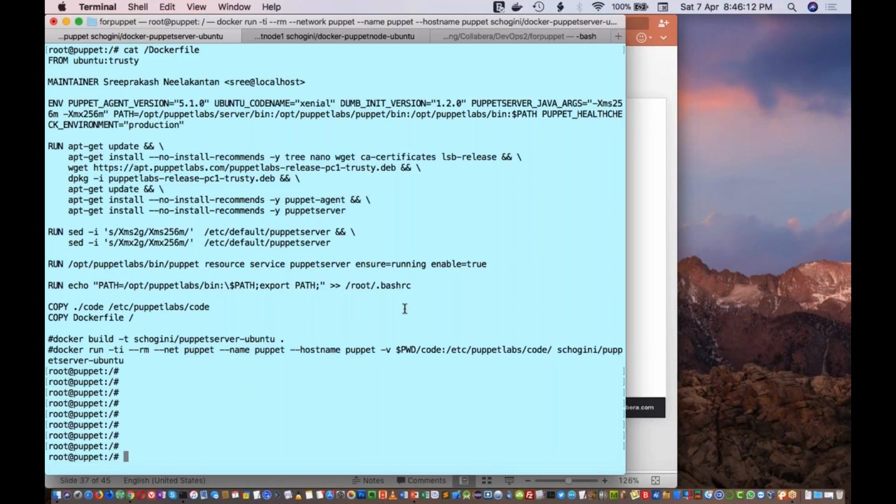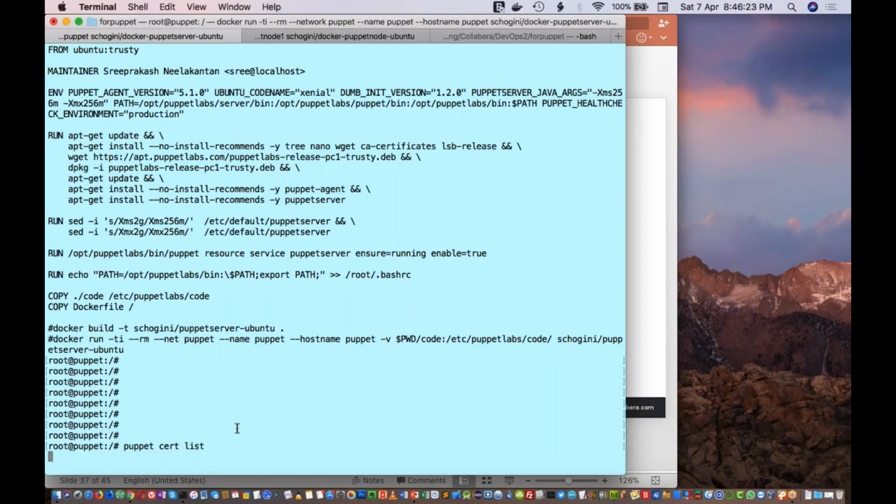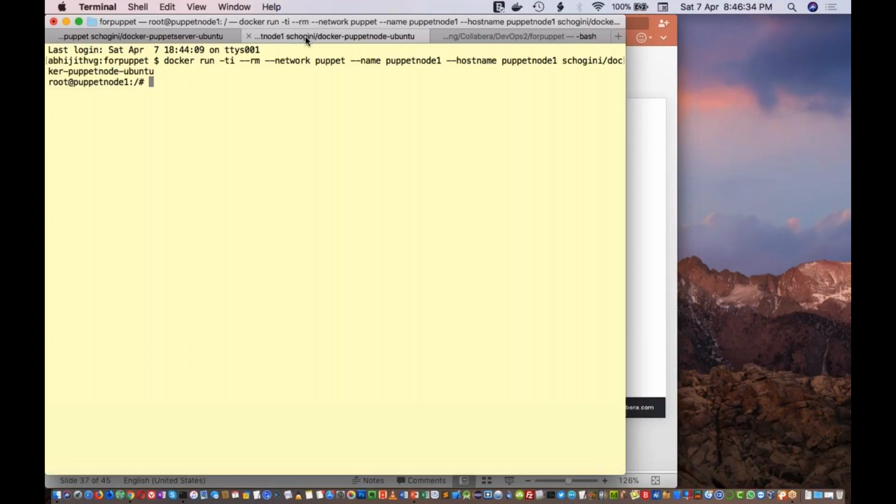Okay, so now let's proceed. Like I mentioned, when I execute puppet cert list, it will show you the certificates that are available to be signed by the Puppet server, right? So now the first thing that you have to do when you start a node is to execute the Puppet agent, using the puppet agent command. So if you execute this one, it will be periodically